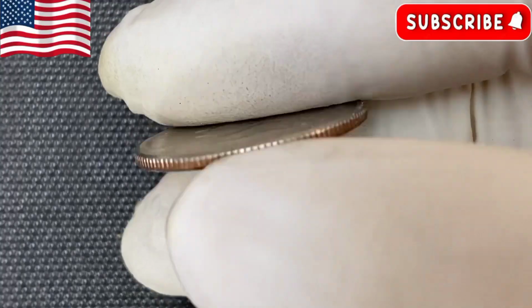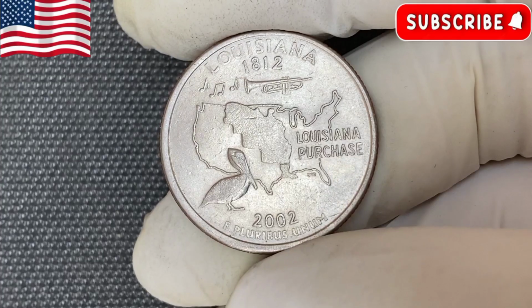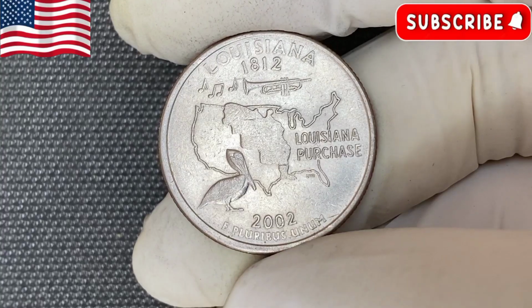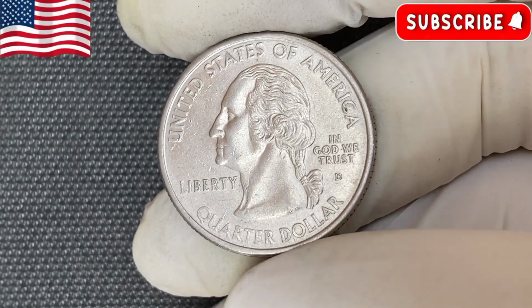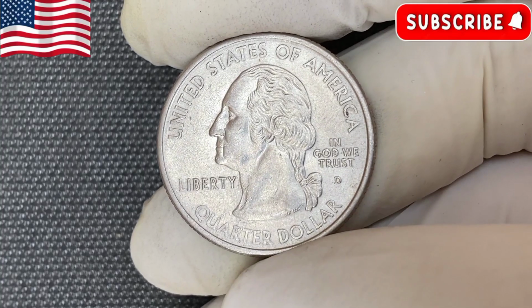Imagine finding one with a faint second image or an unusual metal ripple. Those little flaws are like golden tickets in the numismatic world. Another major factor that affects value? Coin grading. If your Louisiana quarter has been graded by professional services like PCGS or NGC and earned a high